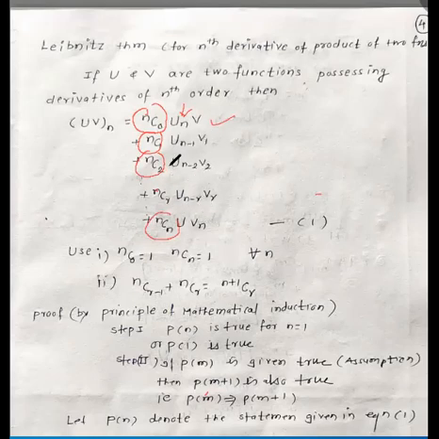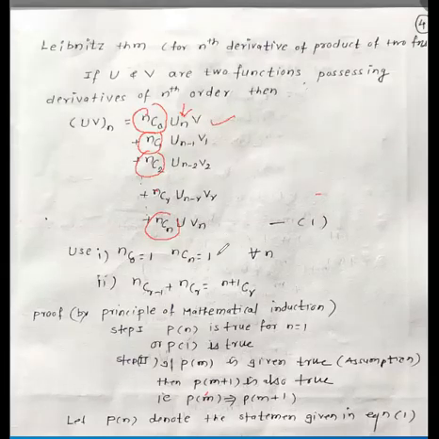The general term is un minus r vr. And the last term will be, when you decrease by n, finally it becomes 0. So from 0, meaning the 0th derivative, that means the function as it is. And here we begin with v0, that is actually the original function. Then the derivatives of v: v1, v2, v3 and so on up to vn. So this is the Leibniz rule.